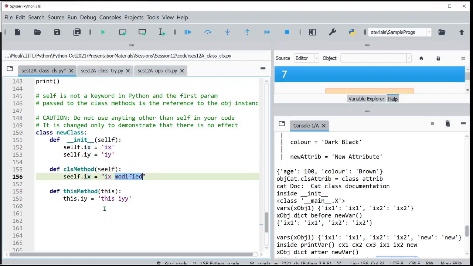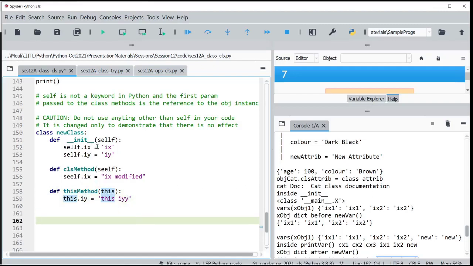So now what I am doing, I have used different names in each of them, and I have created new object level attributes with the init, and then I am modifying one of them, x, with the class method. And in this method, because I am passing this here, I am calling it this here, I am changing the y value.